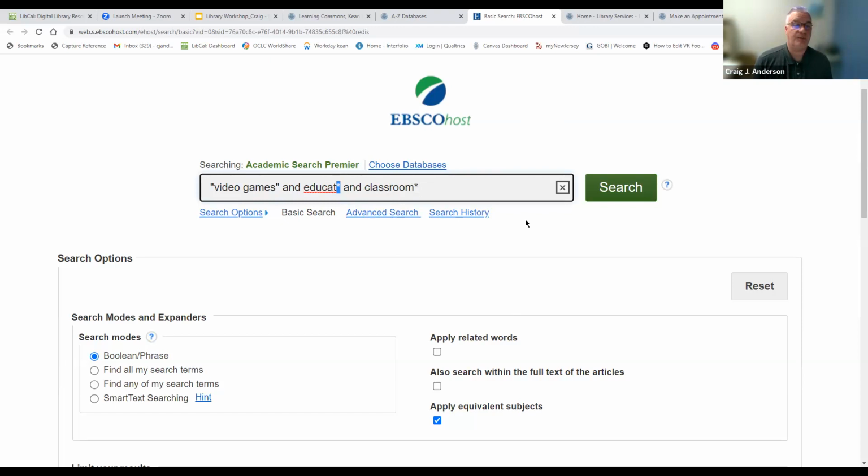Now, what I could do here is put in video games and education and classroom and school and teacher, and I just keep stringing together all these different words and phrases. But the more words and phrases that I put into this search, the more it's going to narrow it down to that one magical article that's got all of those words in it. And that article might not exist, or there might be very, very few of those. So I like to keep it with 2 or 3 different words or phrases. And then it just brings me like 2 million results, and I'll know I could have been a little bit more specific.